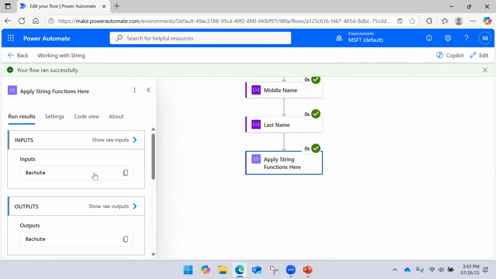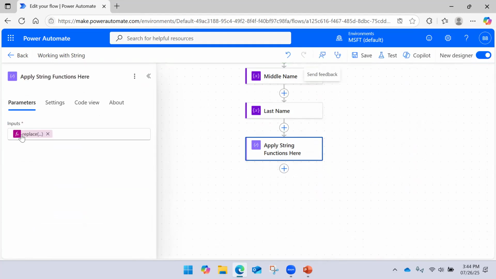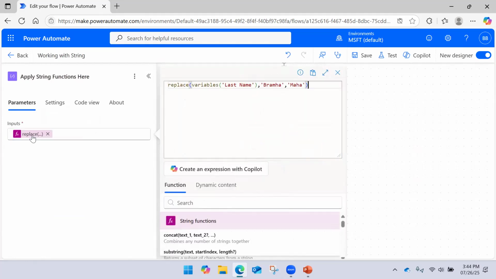Right. So here you can see the input is my last name. Okay. And where the string is not matching, right?